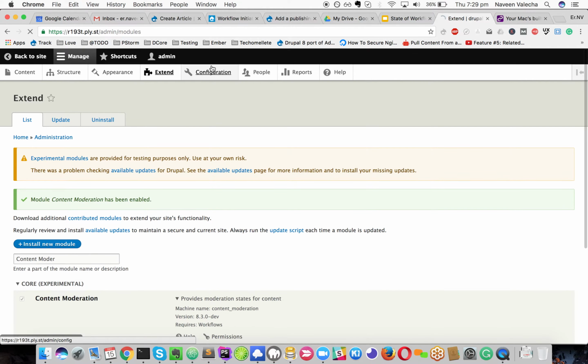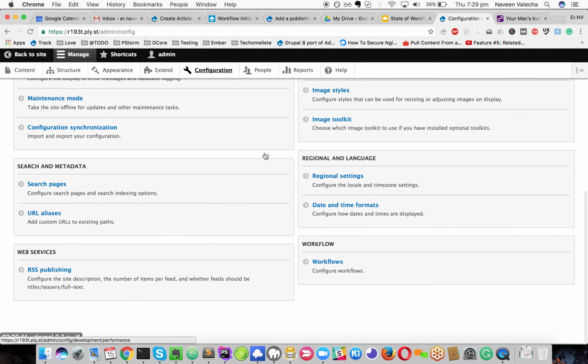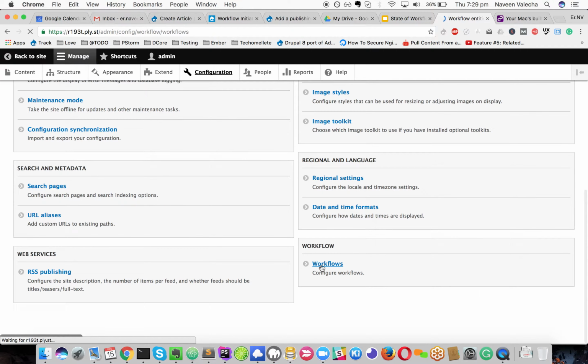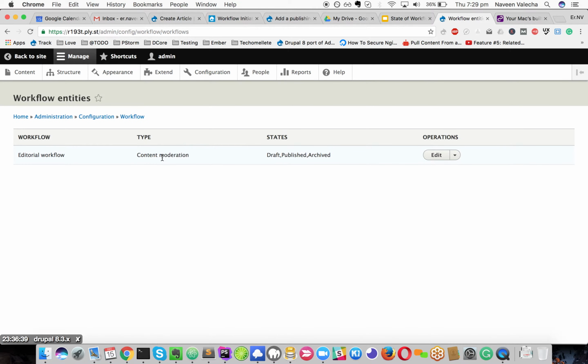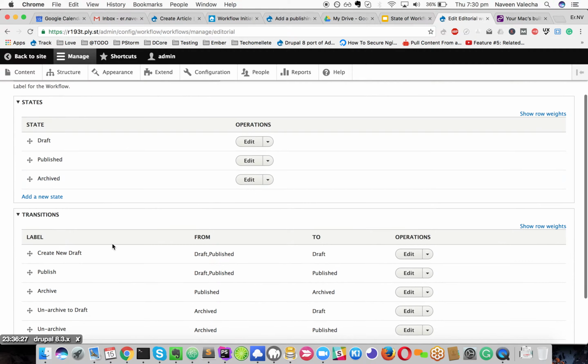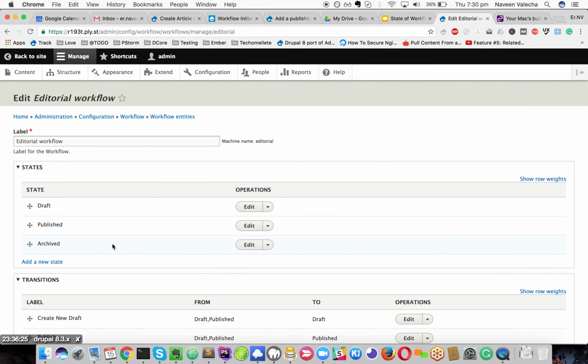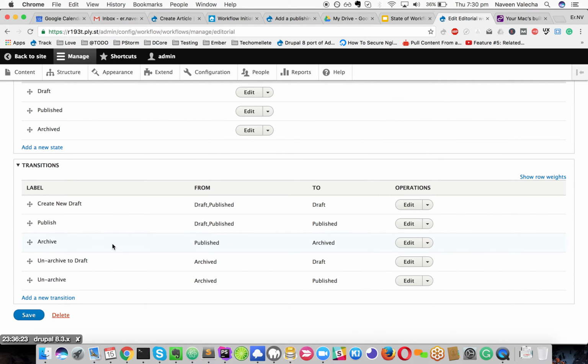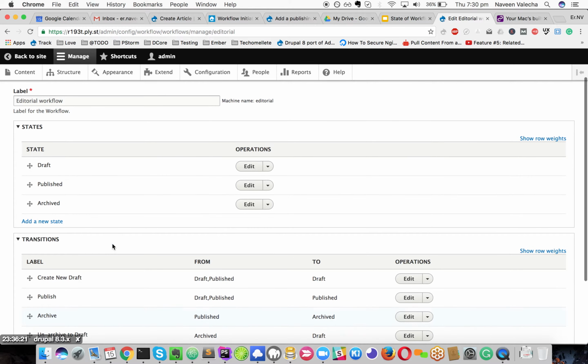Directly go to the configuration page and then workflows. Here we have the editorial workflow, and I'll go there and edit this. Previously these states and transitions were being maintained by the content moderation module. Now it has been split out,